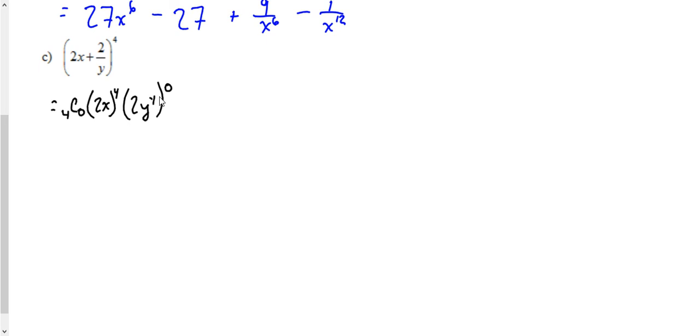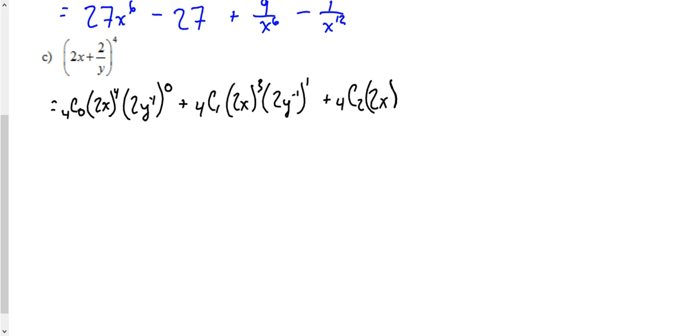That's going to be exponent 0 though. 4 choose 1, 2x cubed, and 2y negative 1 exponent 1,